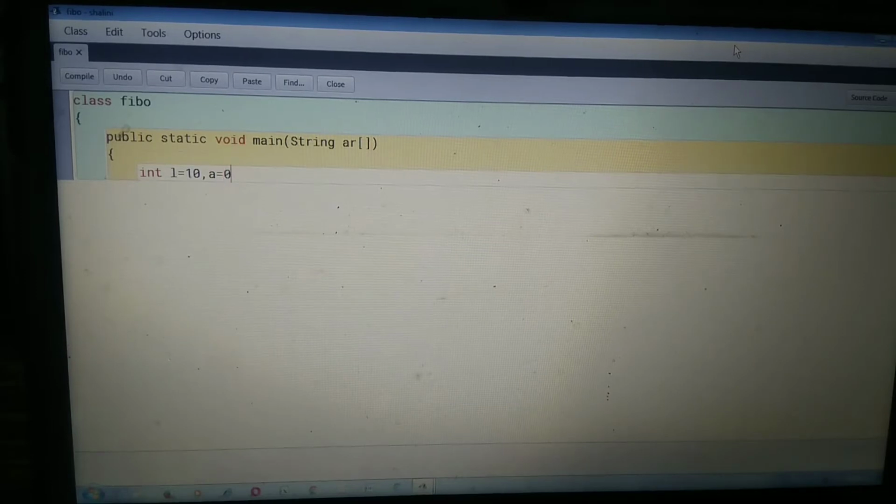A is equals to 0, comma, B is equals to 1 and comma C. Okay, these are the variables, or you can assign the 0 value in C because C is used to store the result.